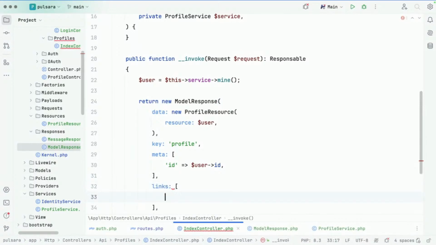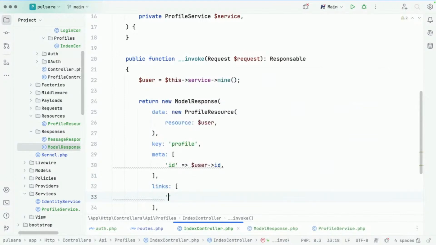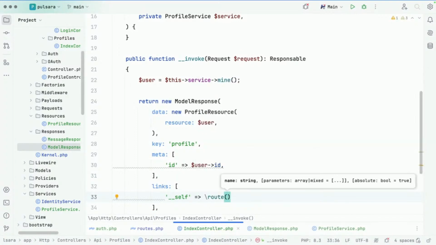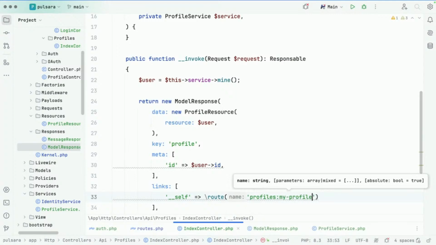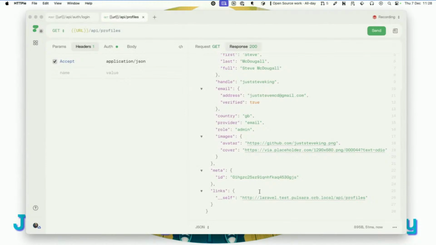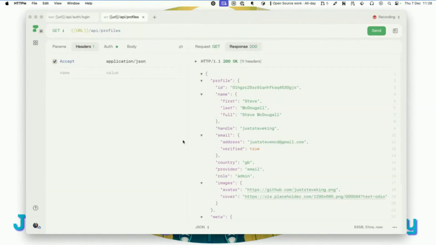As an array. So we want to say that self-link is root profiles my profile. That is the link that we just did. Create as a new draft. And if we had all the header stuff, it would work. So there we go. A nice and simple